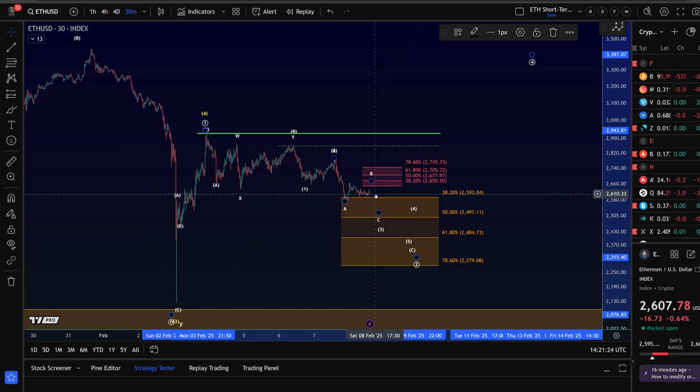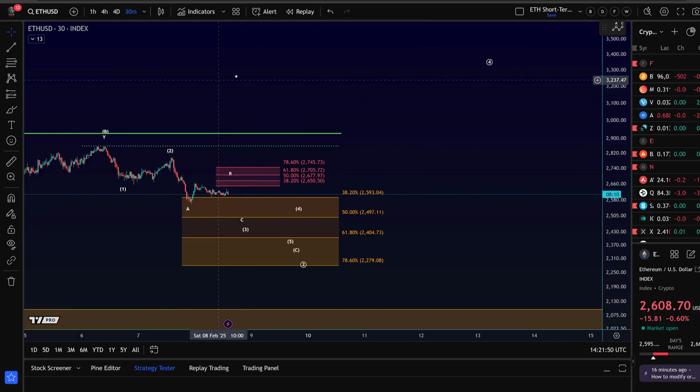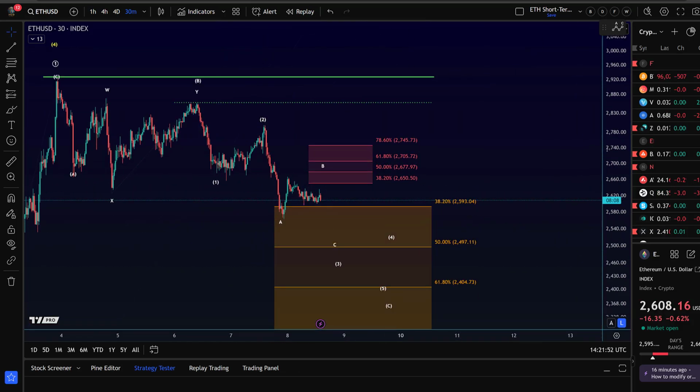$2,497. That's the 50% retracement. That's normally what we would expect in such a wave 2. The 38.2 retracement is often enough in a very bullish phase of the market. I don't see that at the moment. You can clearly see how difficult it is for coins to break out to the upside, and therefore I would assume that Ethereum is going to test 2,497, 2,404 maybe. In the very short term, and this is what's going to be relevant on the weekend, it